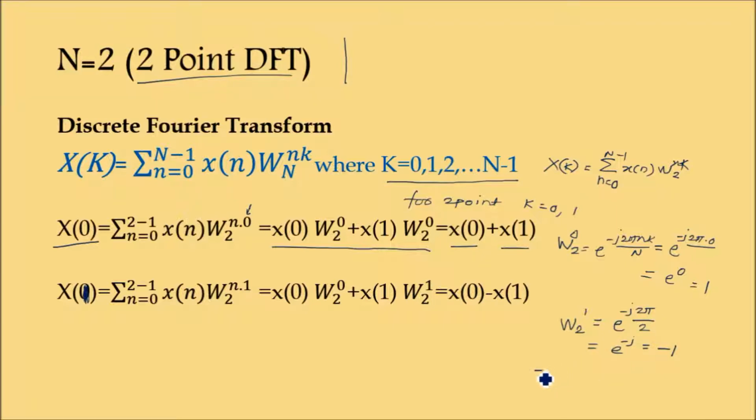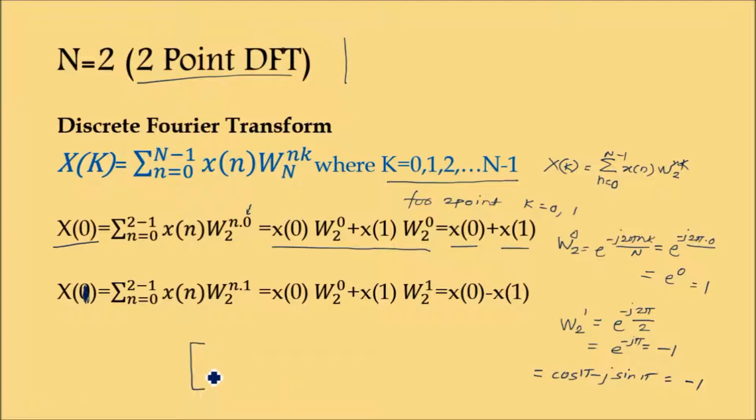So it is calculated like this: cos of j pi, cos of pi minus j sine of pi, so it becomes cos pi is minus 1, sine pi is 0, so the answer is minus 1. Hence for 2 point,